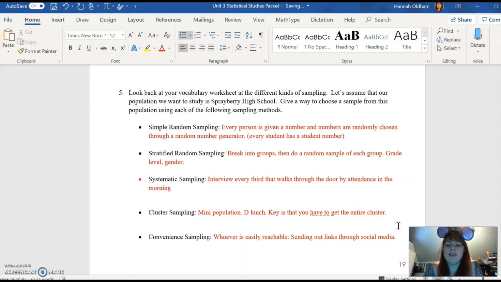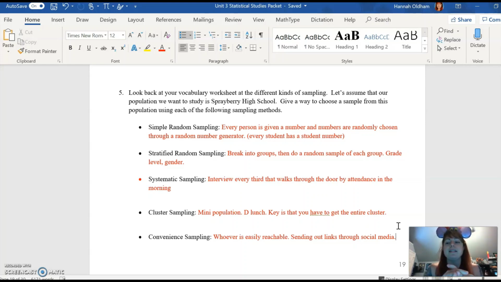Now, you have to just be careful because if you're trying to get lots of other groups, some of you are already finding challenges, and we've talked about this, and you send out your social media and it's like, well, all I know are seniors. So all I'm getting back are seniors. Now, if your population is about seniors or like 17, 18-year-olds, then that's fine. If your sample has to include some freshmen, you need to get a little bit creative and see maybe you've got people that have younger siblings to get that message out.